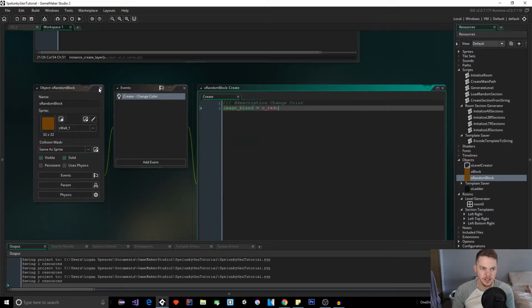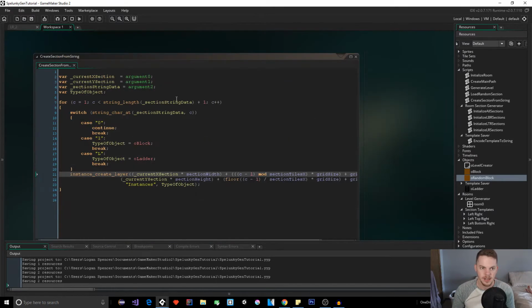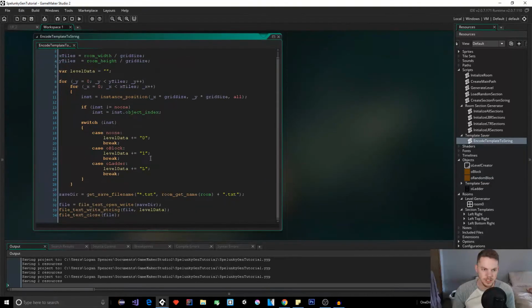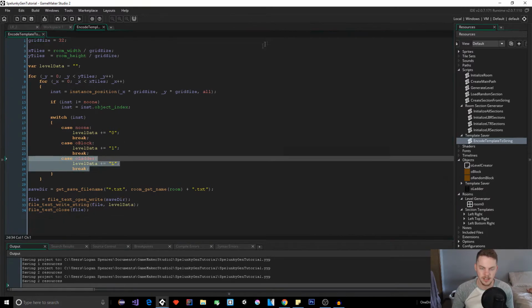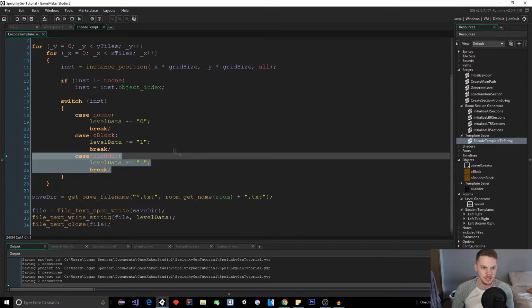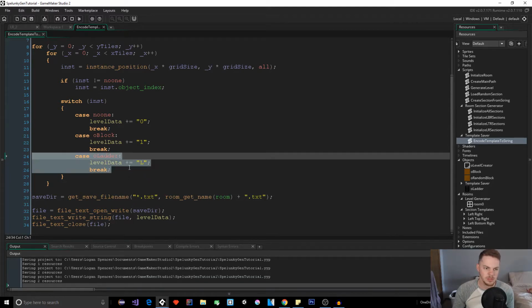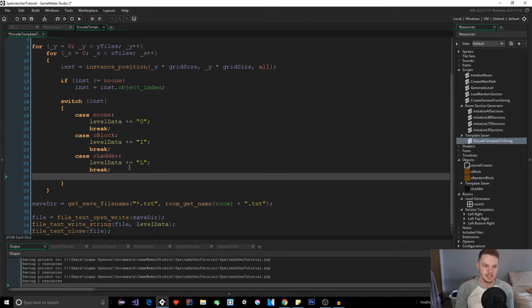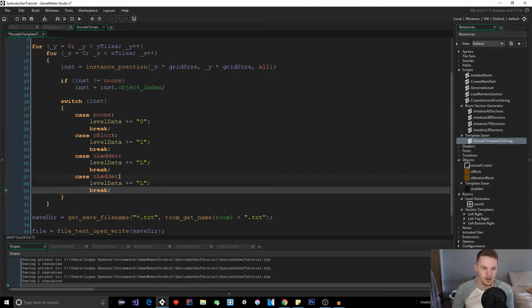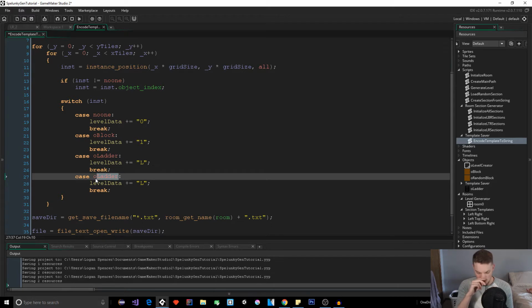So that's just in the create event of our O random block. And now we just need to go into our encode template to string and add in a case for our new object. I need to upscale the code for you. So I went into the encode template script, and I'm just copy and pasting this line, our O ladder line, and we're gonna do O